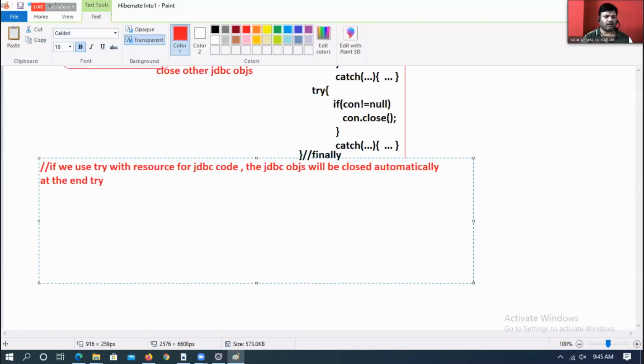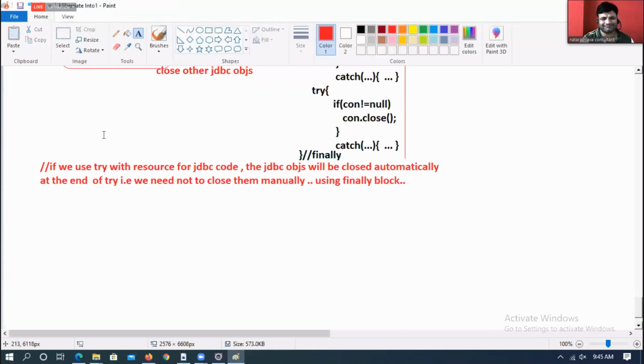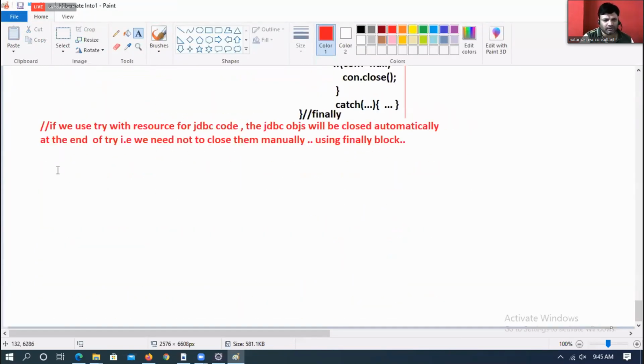That means we need not close them manually using a finally block. Let me give that code.